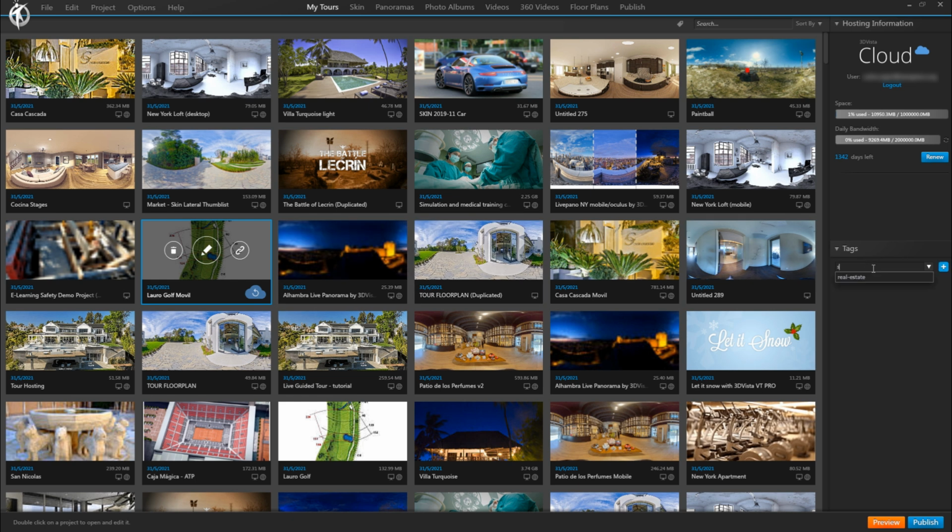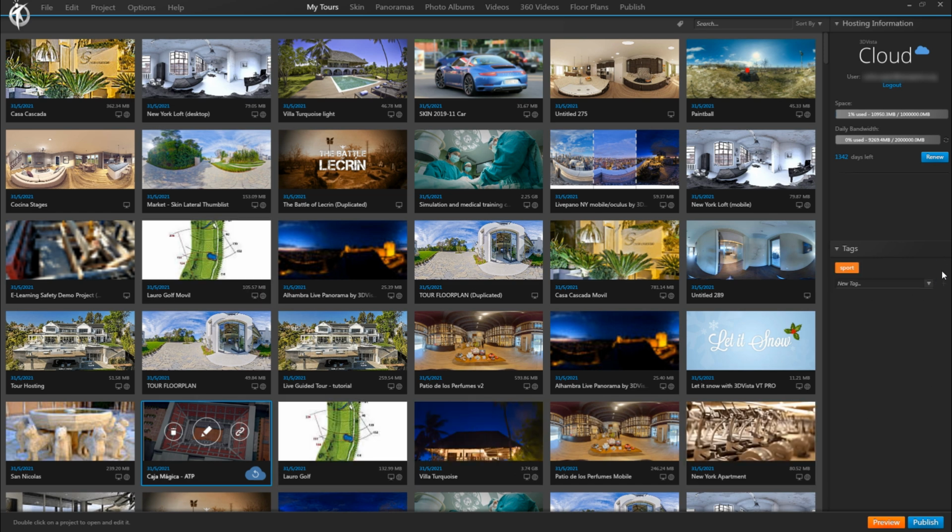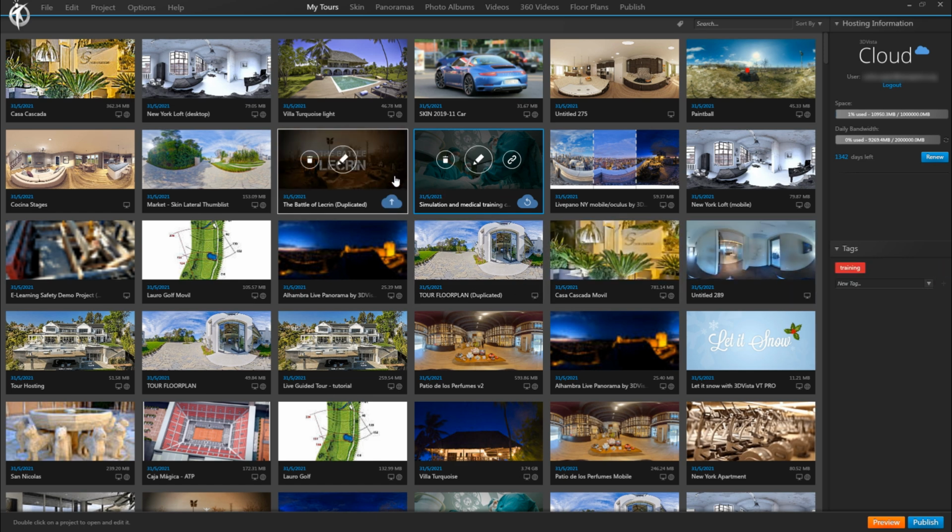This one could be sport, just like this one. And this one would be training, together with this one as well. So we could go ahead and categorize our whole list of tours by the type of tour.